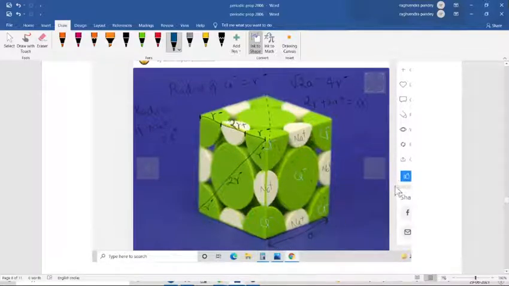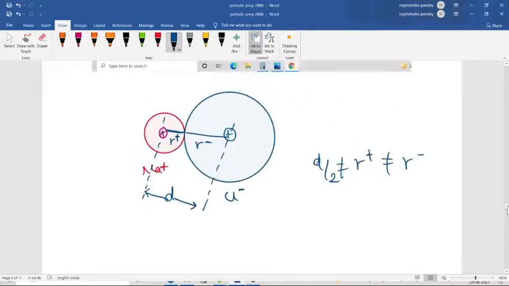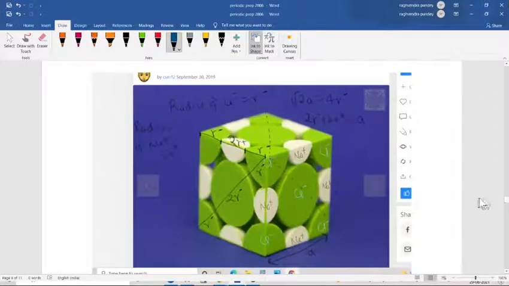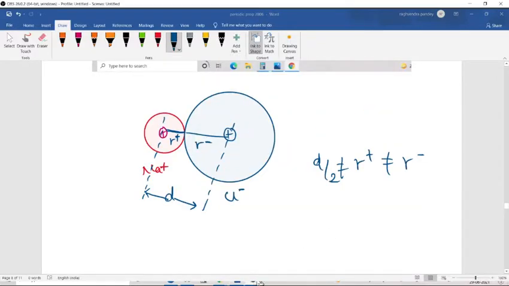Cationic and anionic distances are not in your course, that is in 12th class basically. Here you just have to understand that the cation is very small and the anion is very large, so we cannot say d by 2 is equal to the radius. That is not possible because cation and anion are not the same. That is called ionic radius. Ionic radius is measured by the crystal lattice. That is one part of the crystal lattice. So that is your radius and all that. This class is over.